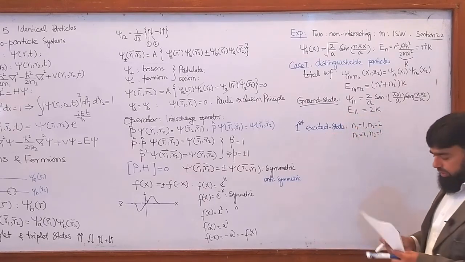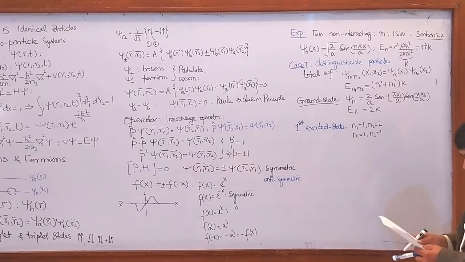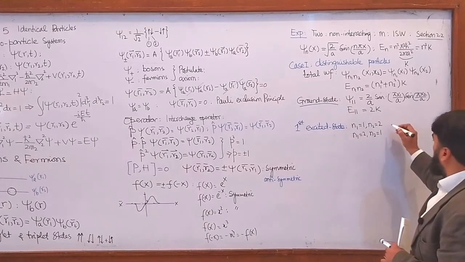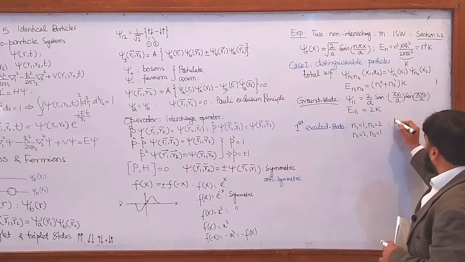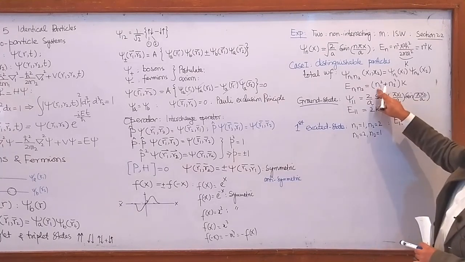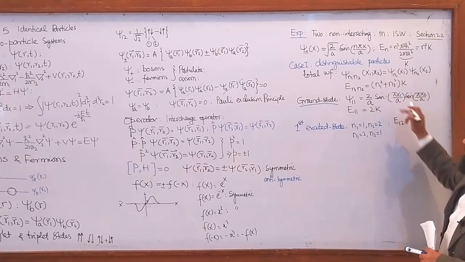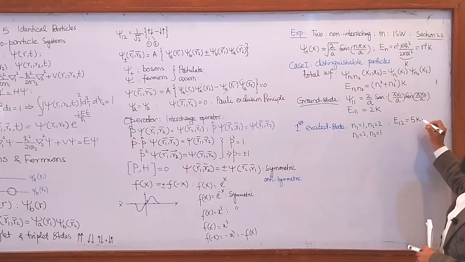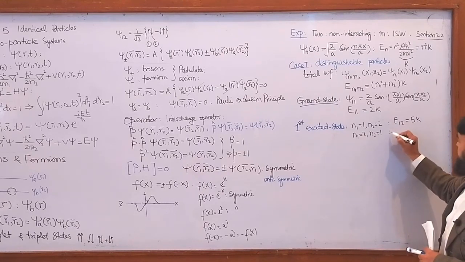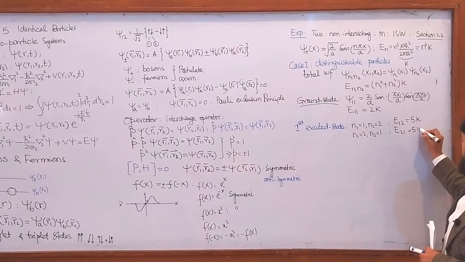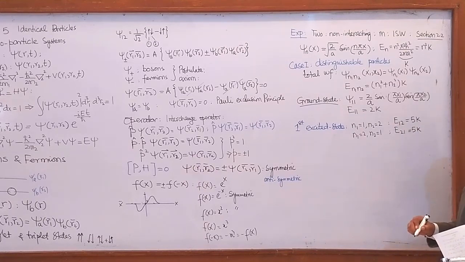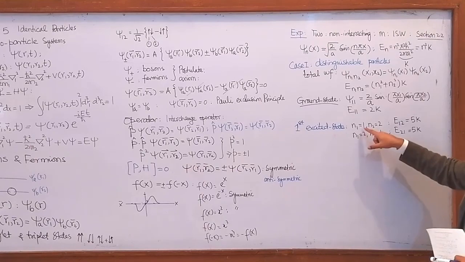Clear? So, look here. What about the energies? So here, it will be E1,2. 1 square plus 2 square, 1 plus 4, 5. We will get 5k. And if this is E21, we will again get 5k. One particle goes